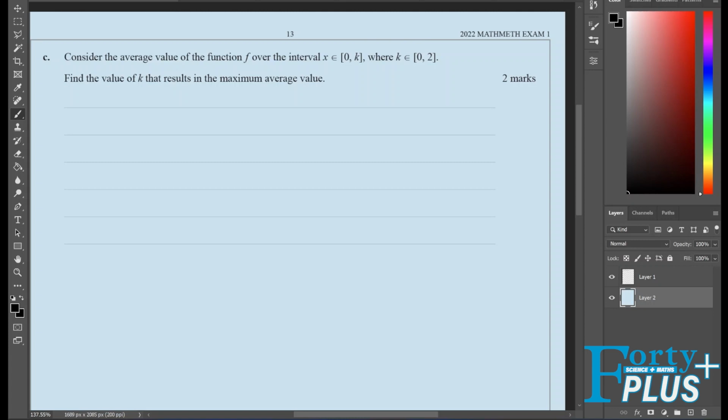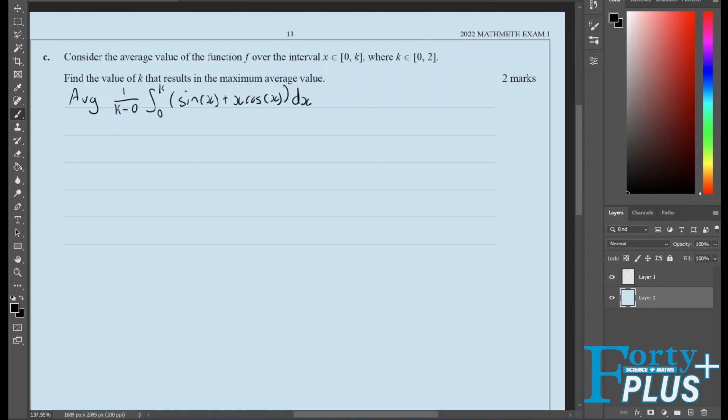So, well, the average value of the function f is simply going to be 1 over k minus 0 times the antiderivative, or the integral from 0 to k, of sine x plus x cos x dx,